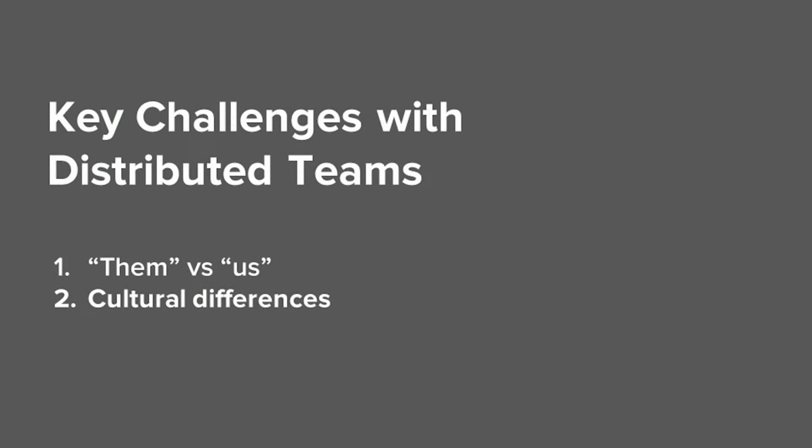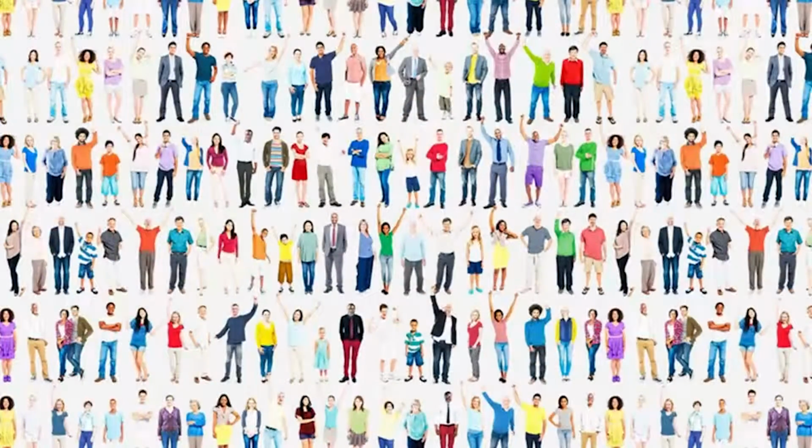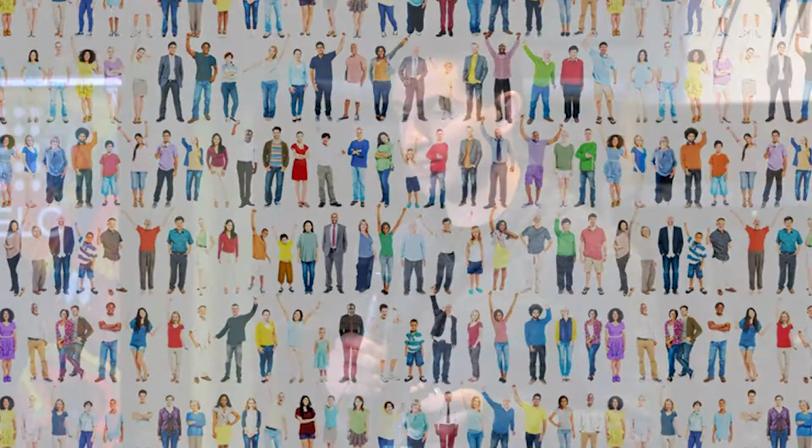So one of the other obvious differences with distributed teams is cultural, right? If you're going to be building a team in a different country, you have to have some understanding of the differentiators between your own culture and the culture of the country that you're building a team in. And one thing to keep in mind there is, for example, Europe has a very different set of laws than Asia, which also has a very different set of laws from the US. And people's work ethic varies very significantly across different geographies and different countries.